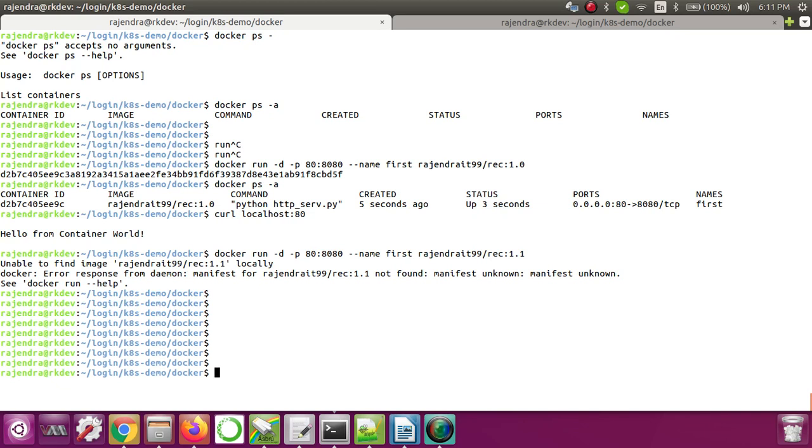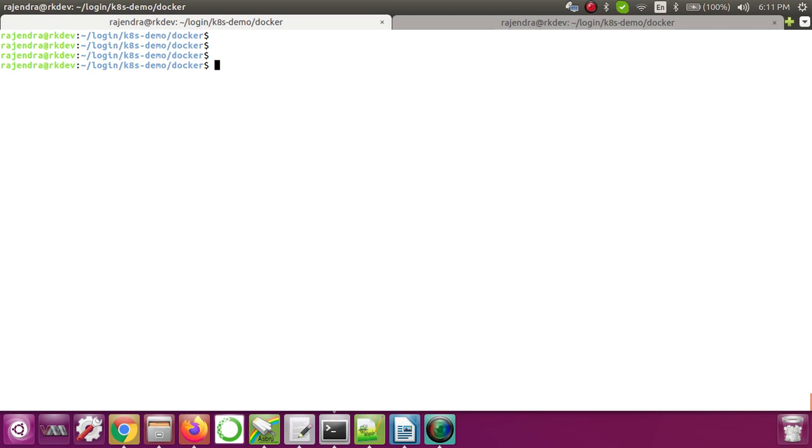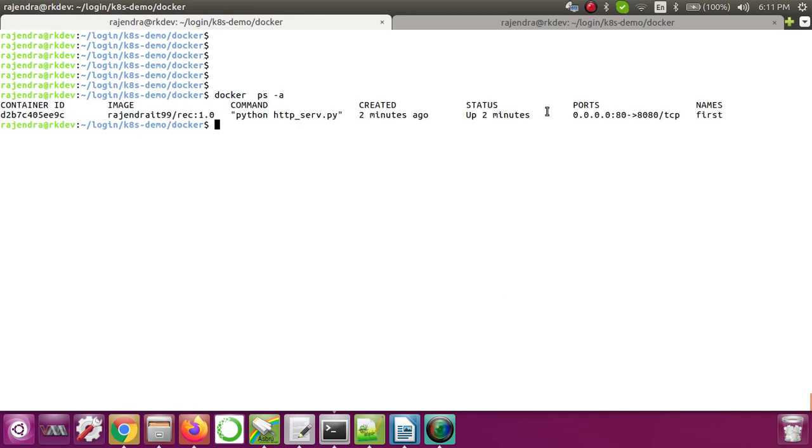Now we have already seen some basic commands like how to stop the container, how to start the container, how to pause it, how to unpause it, how to restart that container, and how to copy from the host machine to inside the container or from the container to the host machine. But here what I want to show is, let's log in to the container as well. If I do docker ps -a, you can see that your container is running. What I want to show you is how we can see whatever we have copied from the host machine inside the container.